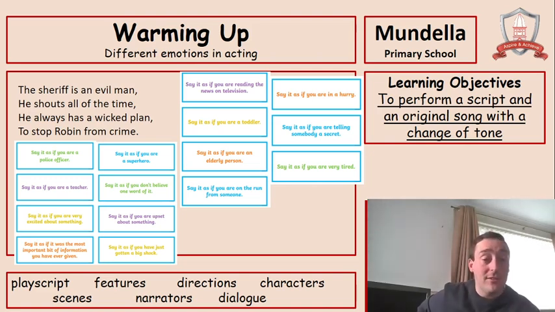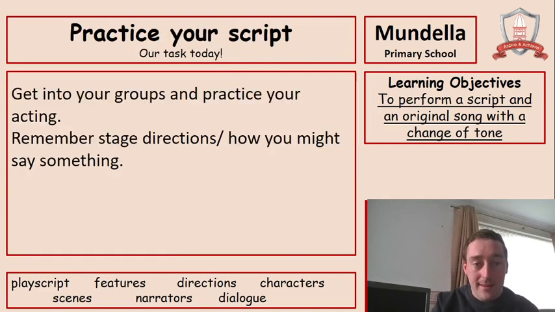So I could say it in lots of different ways, and it's a way that we can warm up in acting just by saying the same thing over and over again, but in a different way. Have a go at it yourself. See if you can try at least 4 different ways of saying this ABAB rhyme. We'll move on in 3, 2, 1.